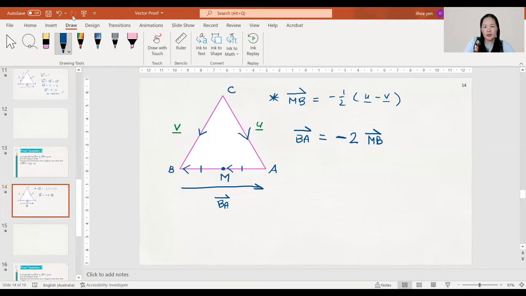See, because M is the midpoint of AB, AM and MB are the same, and it's a half of